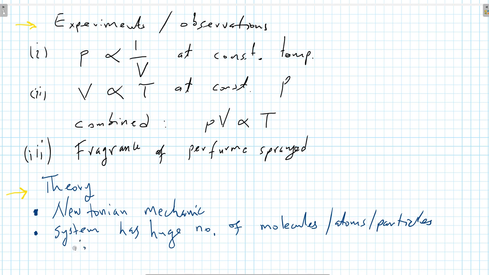Therefore there's going to be combinatorics involved, as we're going to see, and also things about statistics or